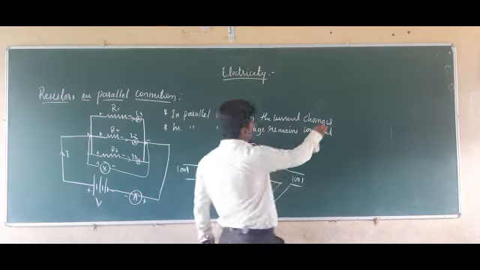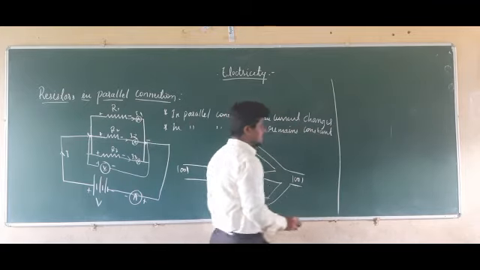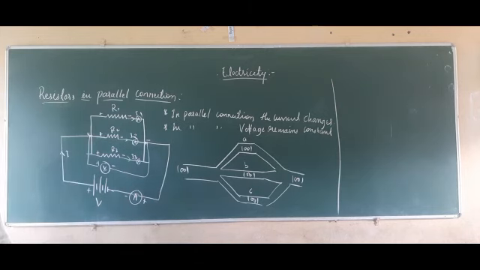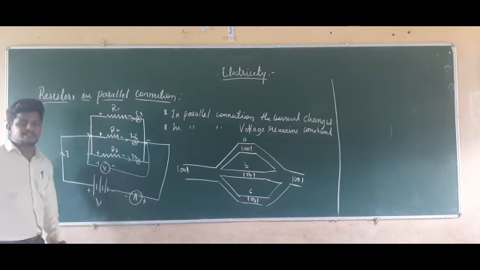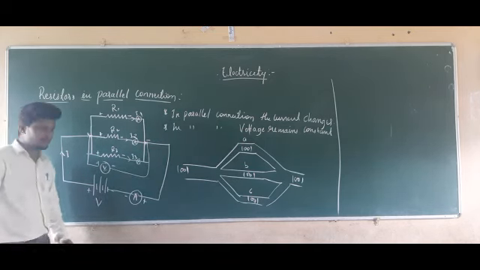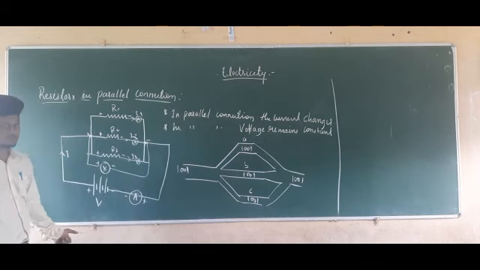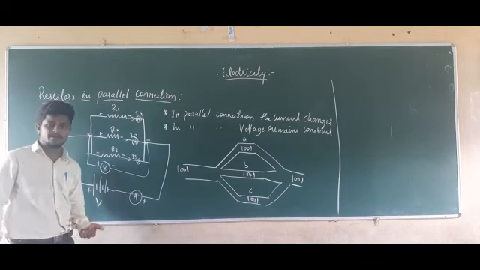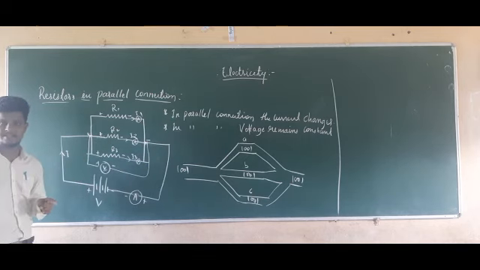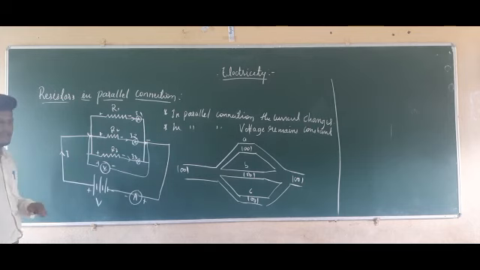Next we are going to derive an equation for the total resistance in the parallel connection. If you see here, which value is changing? Current, right? And which value is not changing? Voltage. So which value do we have to calculate here? We have to calculate the total current flowing through this connection. How are you going to calculate the total current flowing through this circuit diagram?